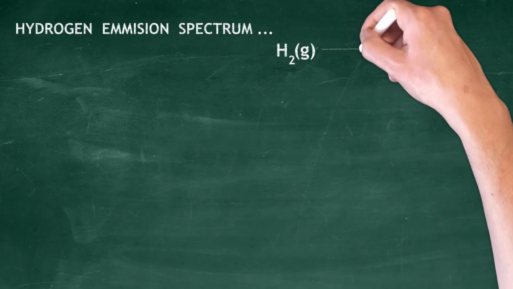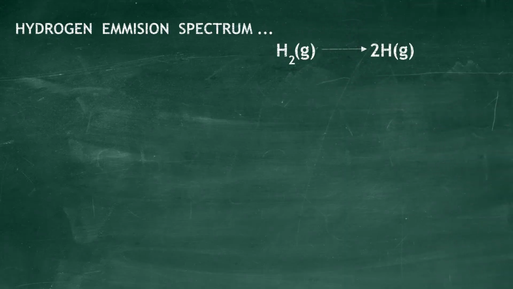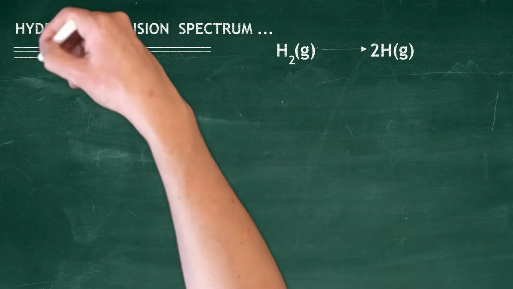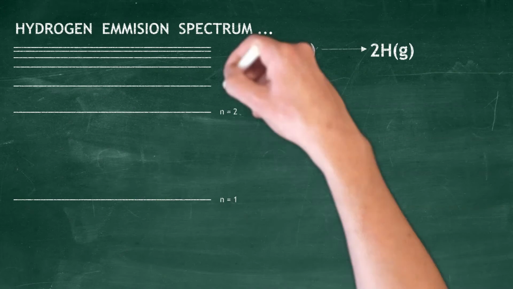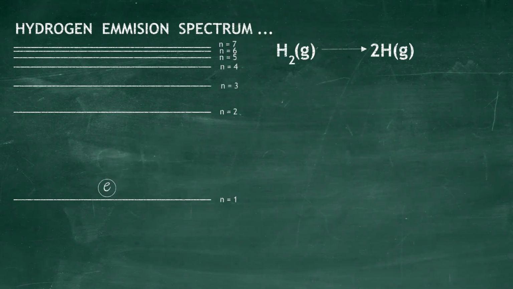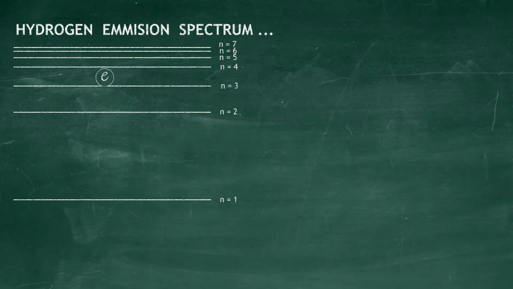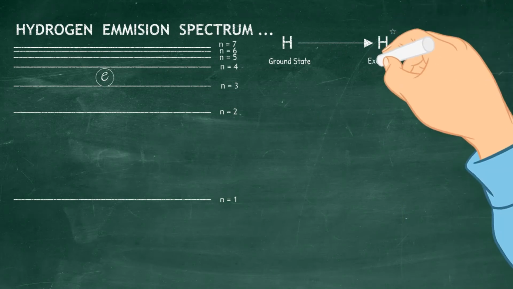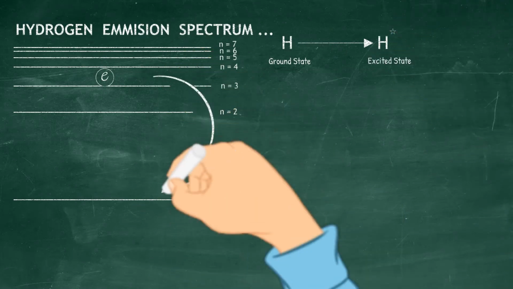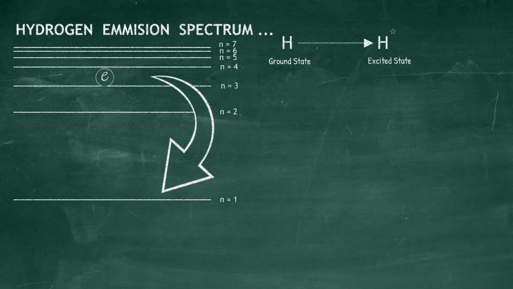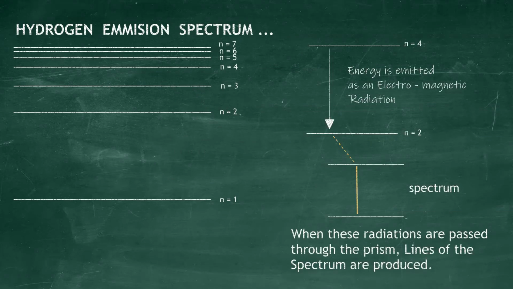First, hydrogen molecules are broken up into hydrogen atoms by absorbing energy from the high voltage supplied. Therefore, hydrogen molecules are now converted into hydrogen atoms. There is one electron in a hydrogen atom and it is found in the first energy level, which has the lowest energy. This electron absorbs energy and jumps up to a higher energy level. We have the excited state of the hydrogen atom. Since this is unstable, the electron falls down to a lower energy level. This emits light. If this is passed through a prism or diffraction grating to separate out the light, you can see a line in the spectrum.